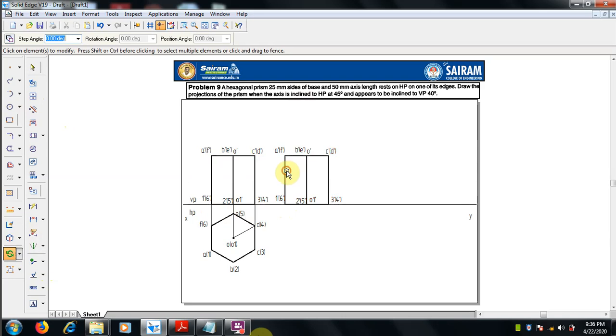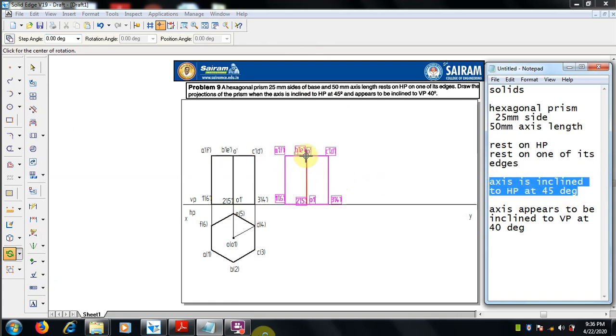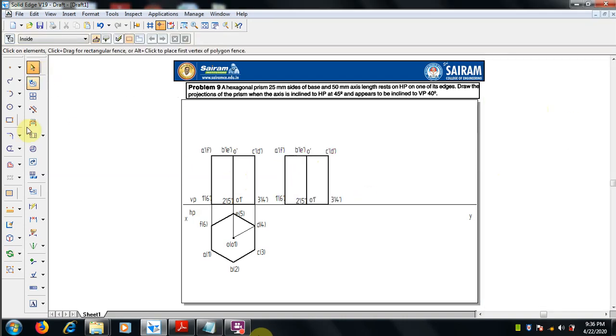So now rotate by selecting one edge, that is what it is resting on. So the axis is inclined to HP. If we rotate through the axis, we should not select the center axis for the rotation.